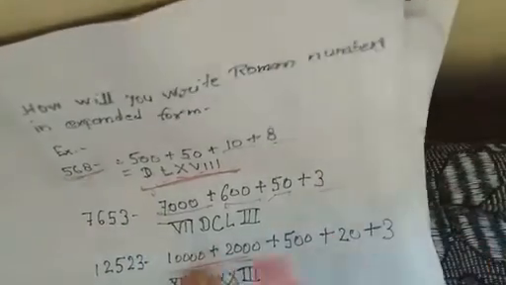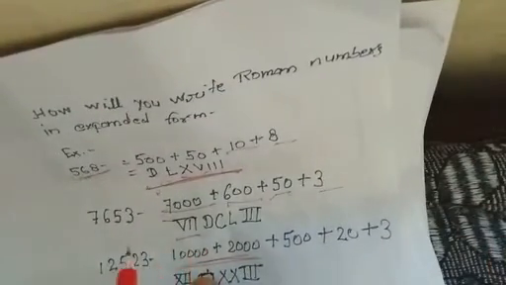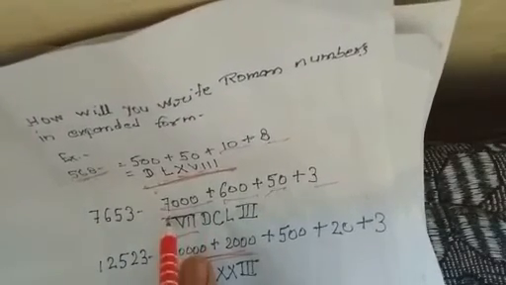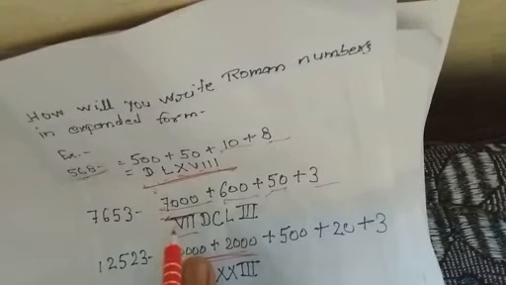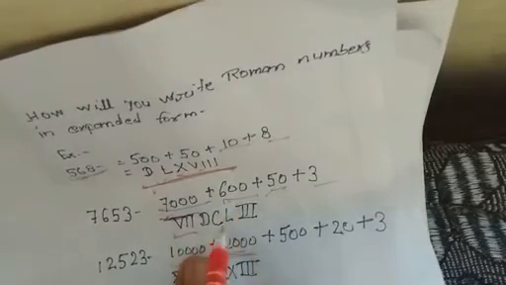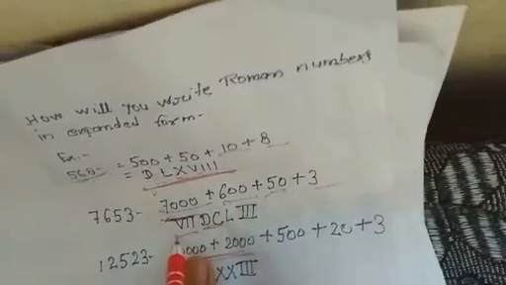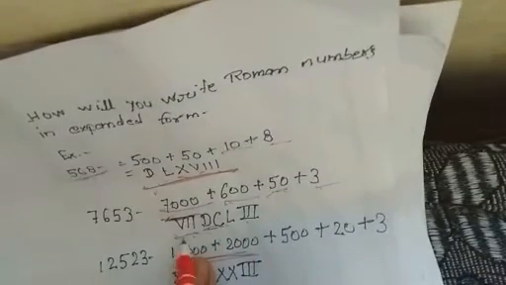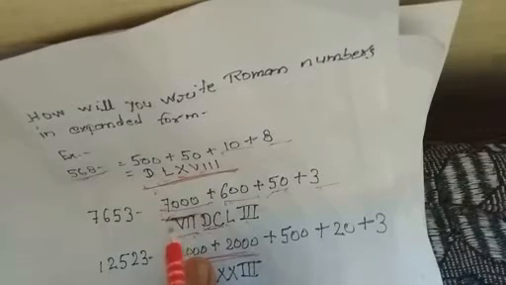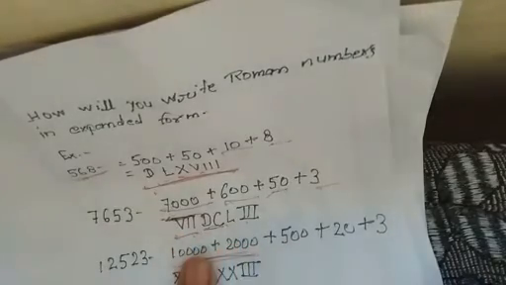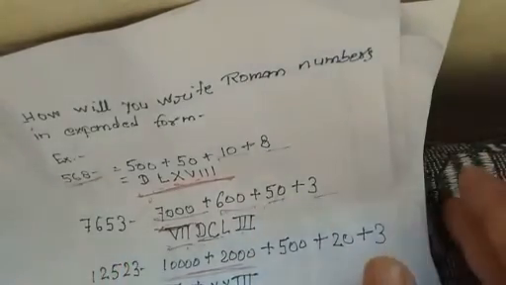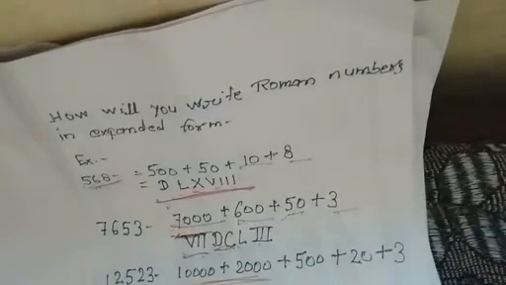What is the symbol of 7? So V double I, okay. And if you indicate the bar sign, bar V double I, it will be 7000, okay. What is the Roman number of 600? So DC. 50 L, and 3 triple I. Bar V double I DC L triple I, okay. This is the Roman number of 7653. Is that clear? Okay.